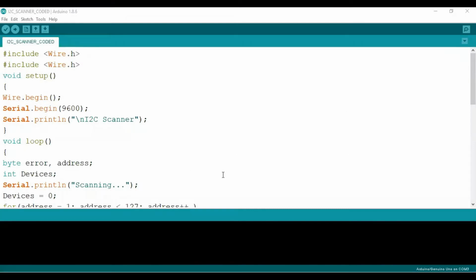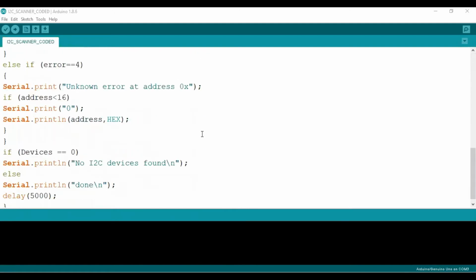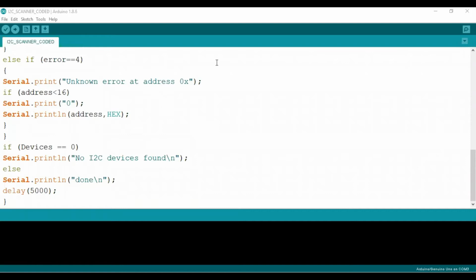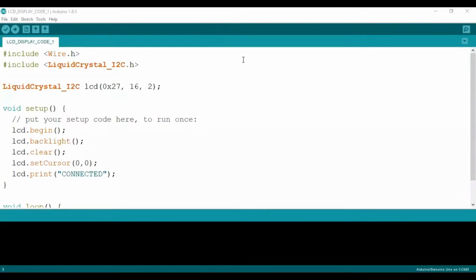Once we have made all the connections just shown and connected our Arduino to our system, we need to find the number of I2C modules and find their addresses. So this is the scanner code, which scans the number of I2C modules and finds their address and displays them. As soon as we run the code, we have to open the serial monitor, which will give you a hexadecimal value in the format 0x and some number. In my case, it is 0x27. So we have to remember that address.